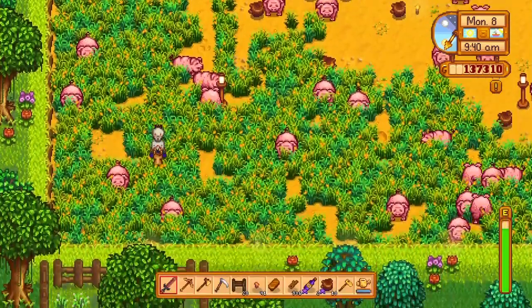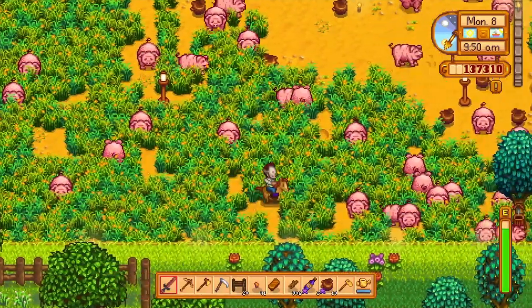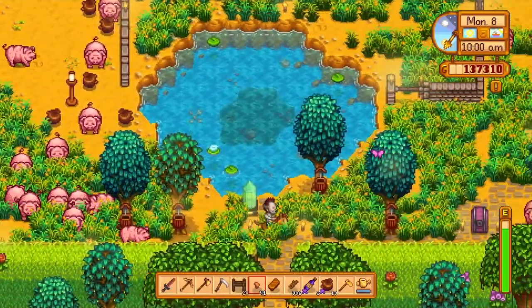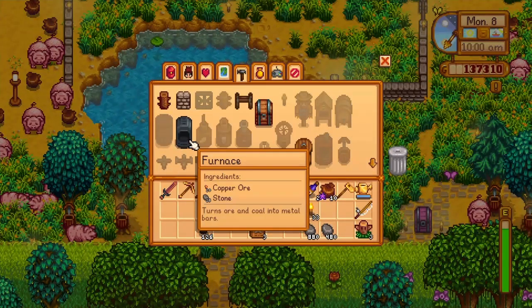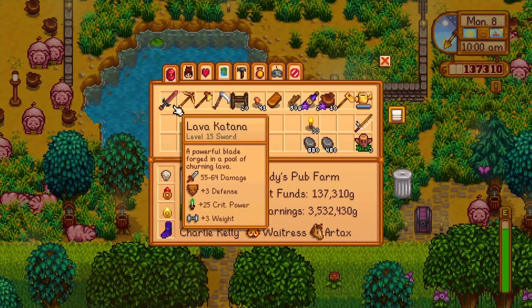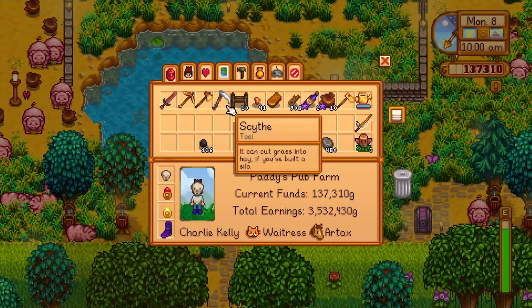So let's just go to the bottom of the base here. So here's the bottom left corner of the base. Or excuse me, my farm. And if you look at the bottom of the screen, that's my inventory. Kind of like Minecraft. Let's look at my inventory a little more in depth. I got a sword, a pickaxe for mining rocks, an axe for chopping wood, a scythe for chopping down